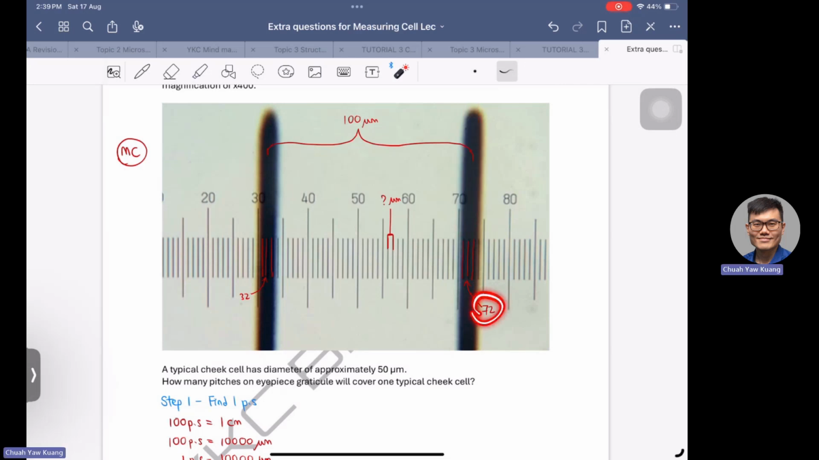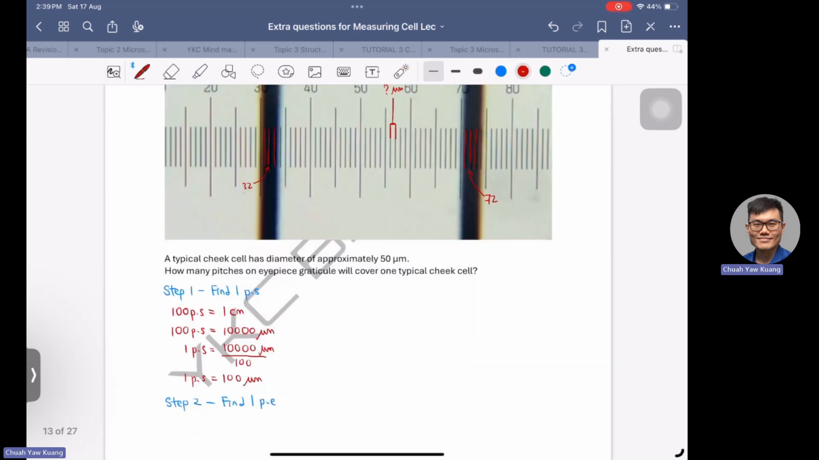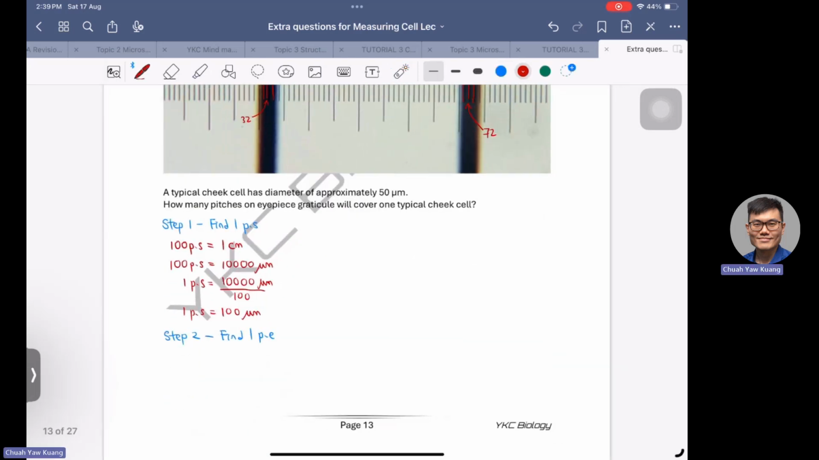So from 72 to 32 total, there are actually 40 pitch on the eyepiece reticule. Yeah, from line 32 to line 72. So it is total 40 pitch on the eyepiece reticule. So based on this info, there are 40 pitch